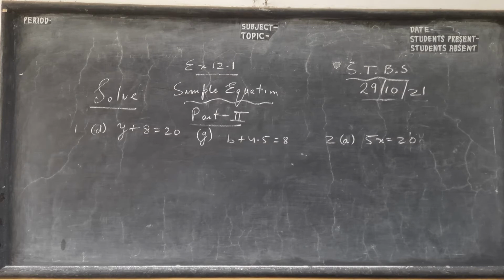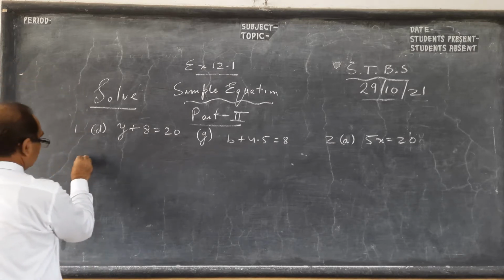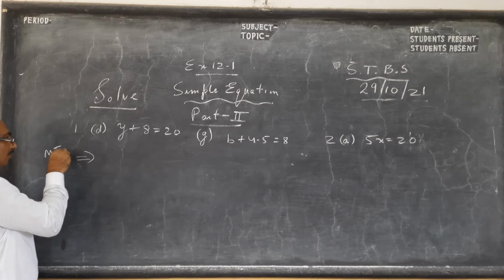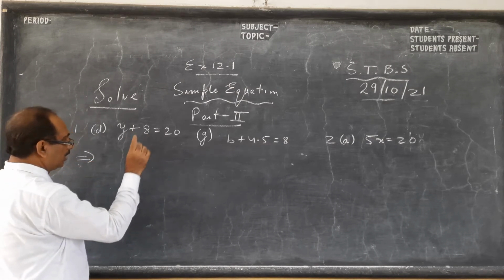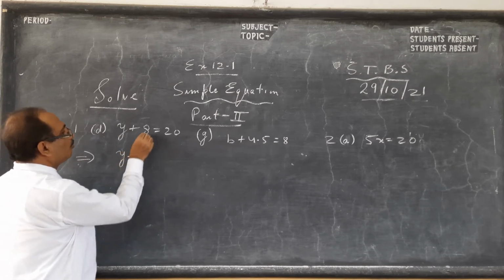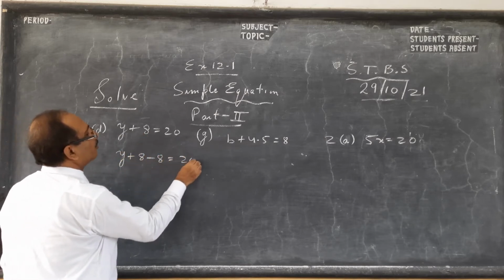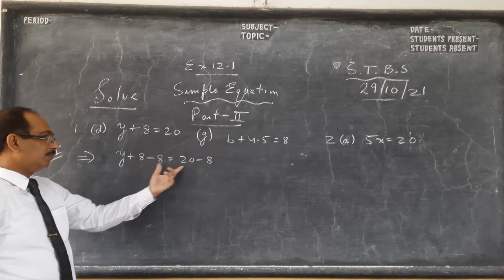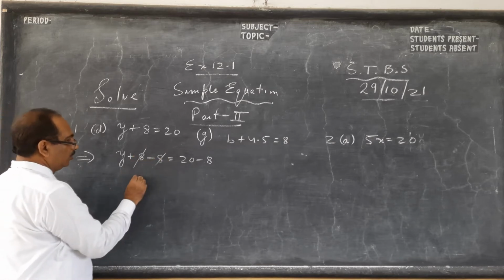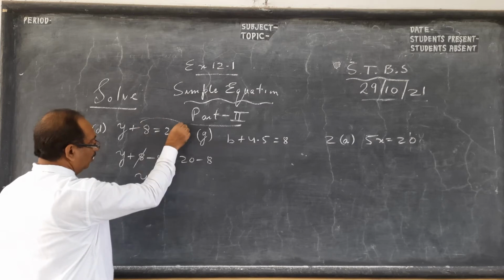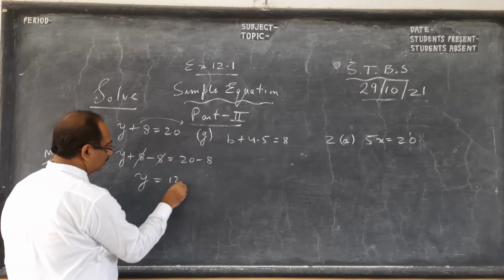Now we take a few more sums to work on. I told you I'll do them with two methods. The first method, which was in fact my second method, I call first method. You know 12 plus 8 is 20. So to remove plus 8, I do minus 8 from both sides. This is your exercise 12.1. Subtract, because plus 8 I have to remove, so I do minus 8. This side it remains, as if plus has become minus.